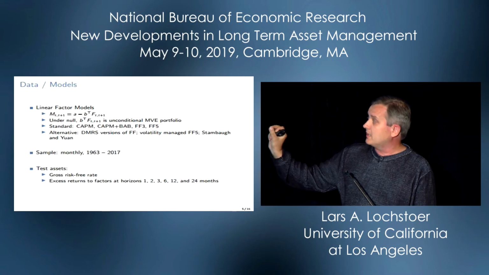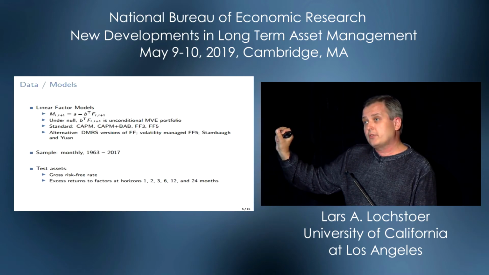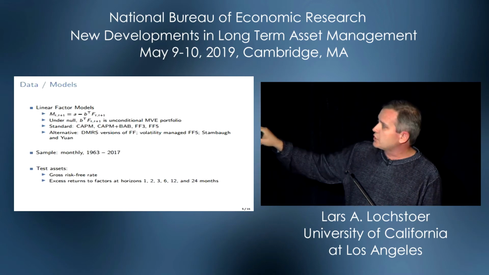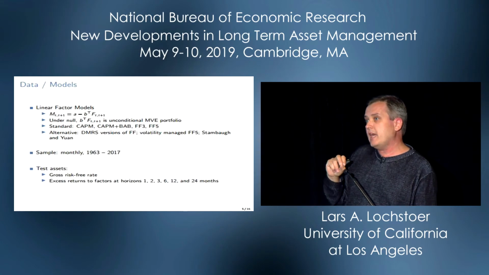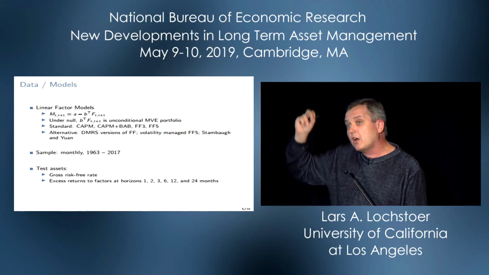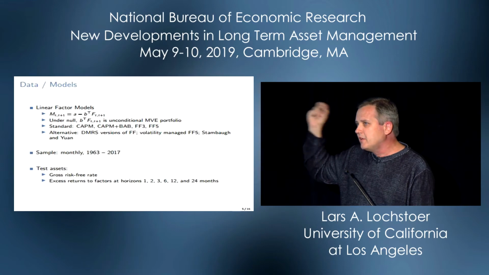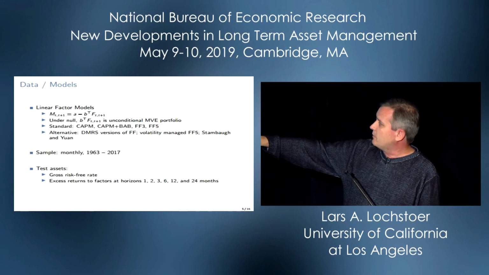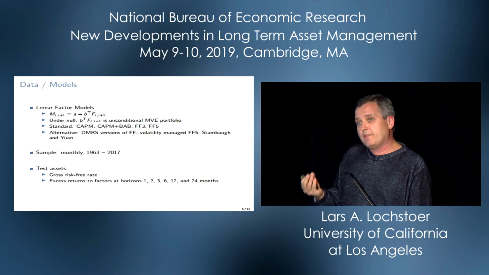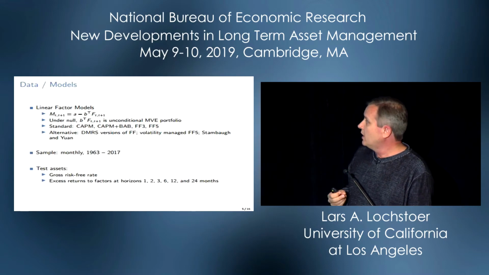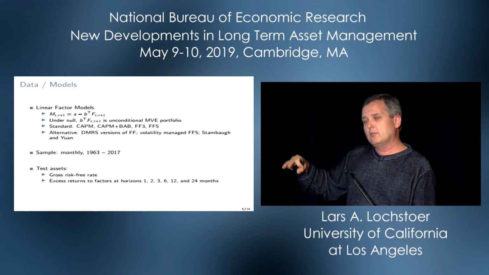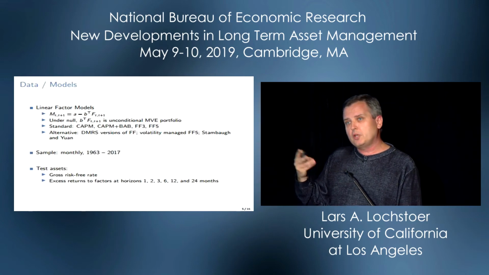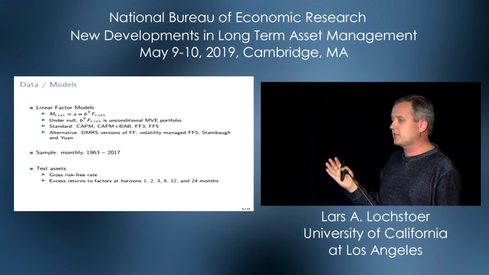Kent Daniel and co-authors have a new version of the Fama-French factor models where they hedge out industry risks, and those have way higher Sharpe ratios. So these are very fancy, very high Sharpe ratio models. We have volatility managed Fama-French 5 factor a la Moreira and Muir. We have the Stambaugh and Yuan model, 4 factors. Two of them are new, capturing some mispricing. So it's a roster of models, okay?